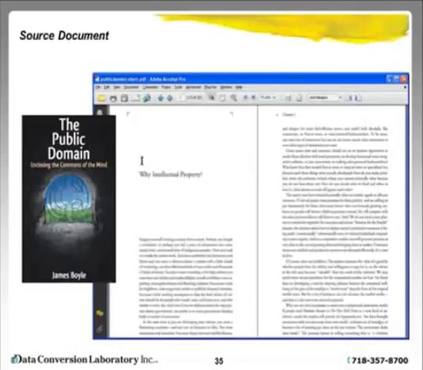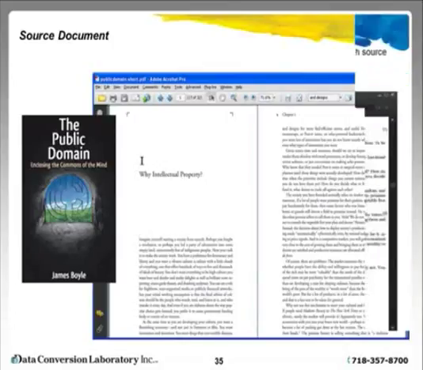So this is actually just a screenshot of what the source document looked like. As you can see, it's novel-like material. It's very simple, just a bunch of paragraphs. It has some emphasis, a little bit of formatting. And so what happened? If you look at the next slide,